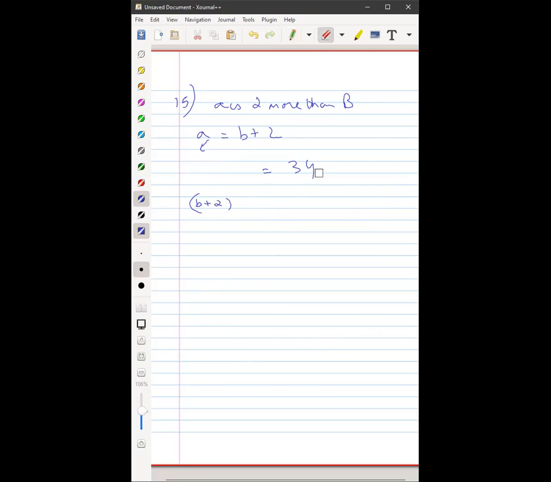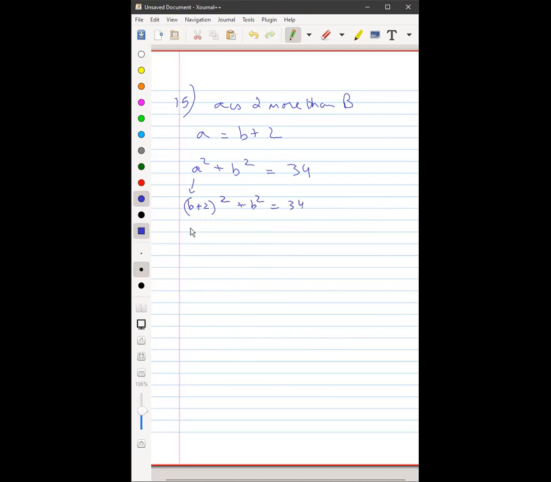The question is, if the sum of the squares of A and B, that is A squared plus B squared, is equal to 34, not A plus B the whole thing squared. Read the question, everyone. It's saying the sum of the squares of A and B. That means A squared plus B squared is 34. And we're given that A is equal to B plus 2 the whole thing squared. So replacing this here, what will we get? B plus 2 the whole thing squared plus B squared is equal to 34.